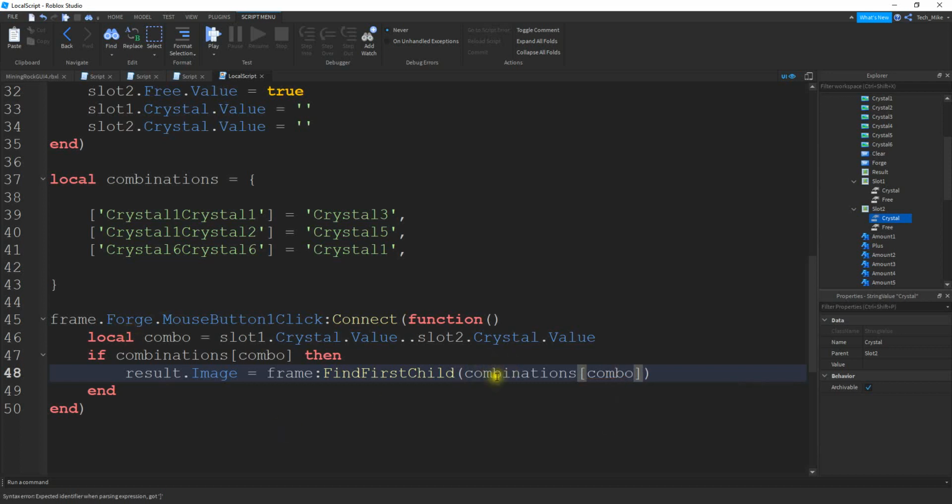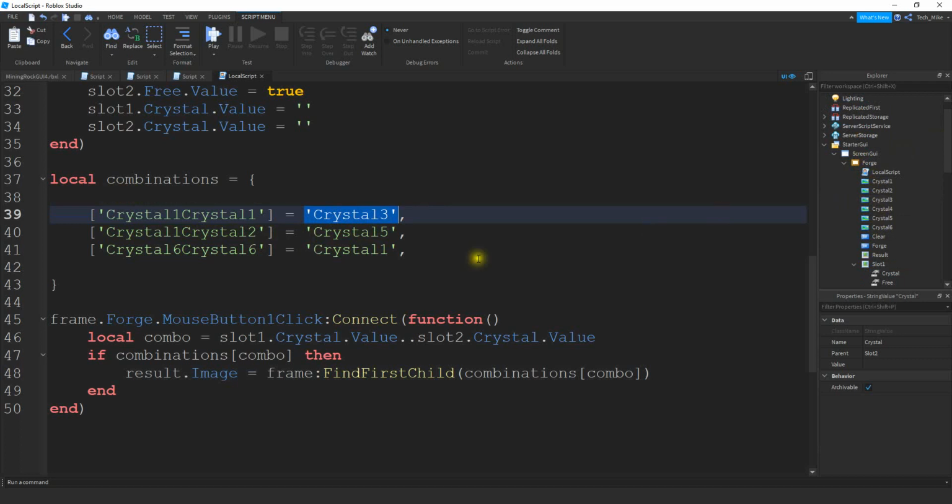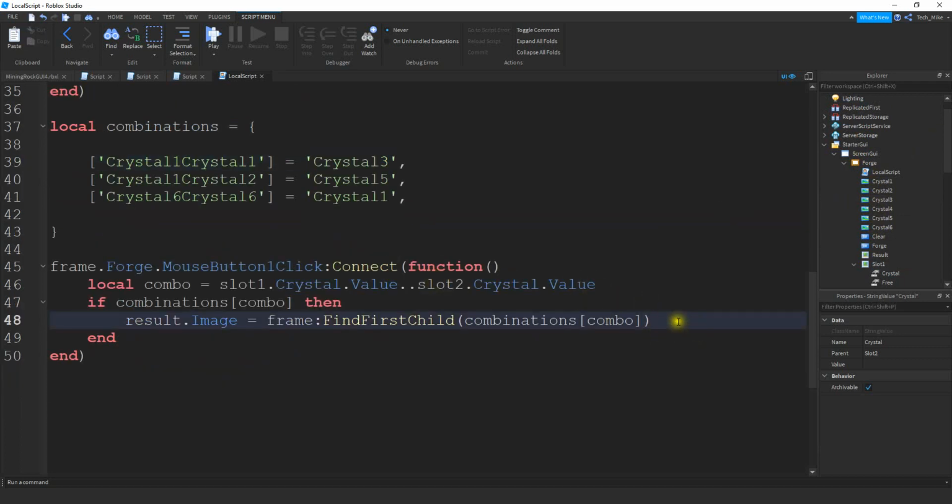So what that's going to give us is it's going to look in the table at the entry of combo. So let's say my entry was this right here. What it's going to return is this value over here. So basically what I'm doing is I'm taking this value right here and looking in the frame to see if I can find it. Okay, once I find it, I'm going to take the image off of it. And I'm going to take that image and store it in the results image label. Okay, so if I don't find it, which would mean the combination doesn't exist here, then what I'm going to do is I'm going to say result.image